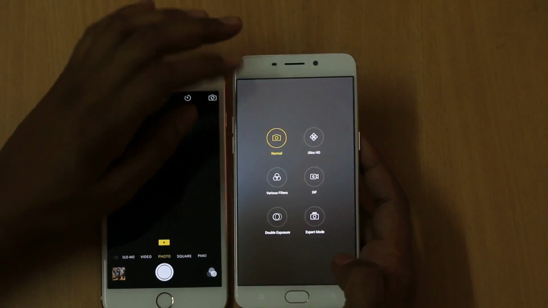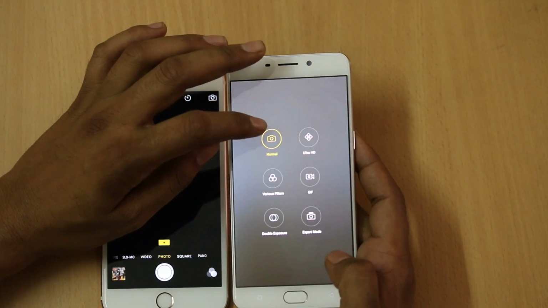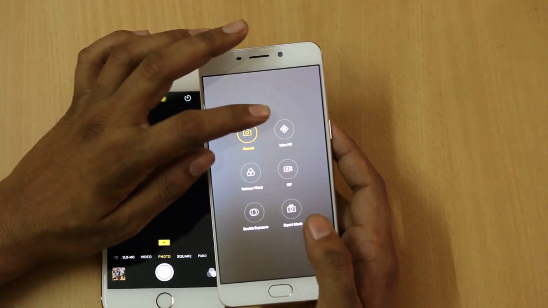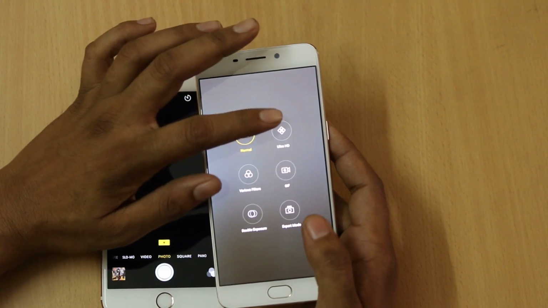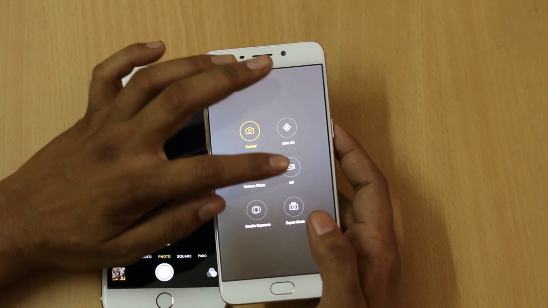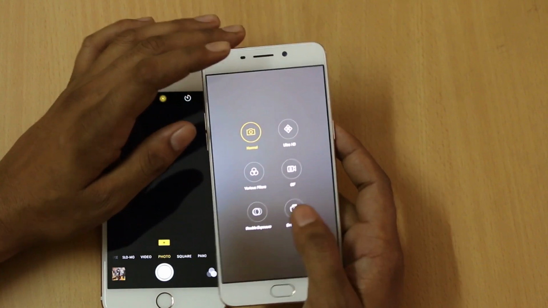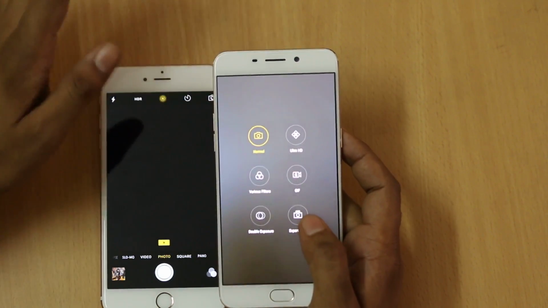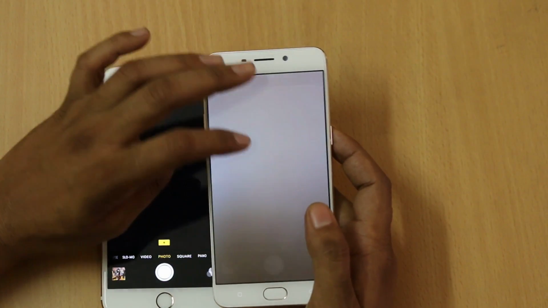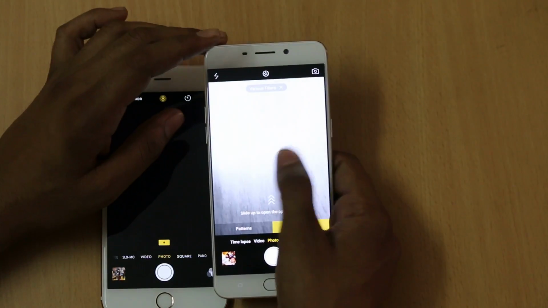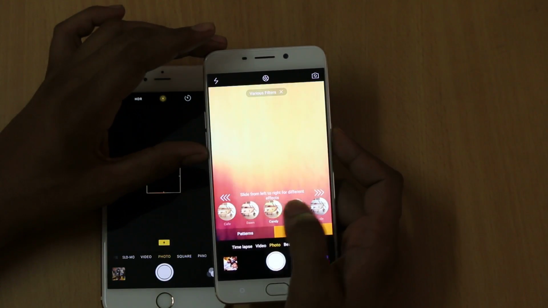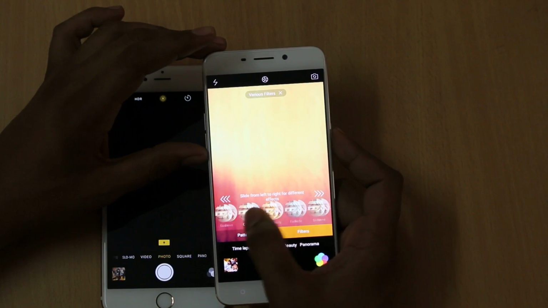And when you tap on the bubble side you will find that you can easily change the modes and the camera image quality pretty easily. There is an Ultra HD mode too. You can click GIF images in the GIF feature. There is an expert mode which you haven't found in the iPhone 6s Plus, and there are various filters. And as you can see, a number of filters are there, and these are absent in the iPhone 6s Plus.